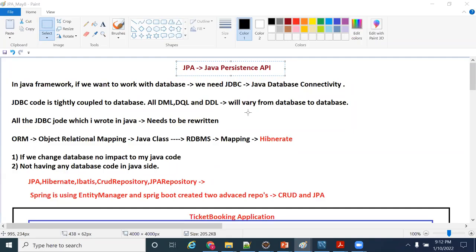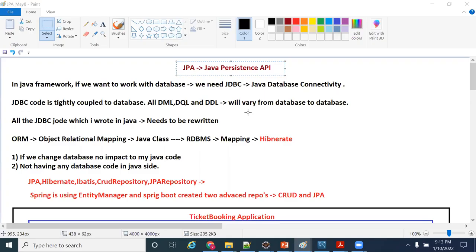Because if I want to change, I need a data access layer change. If that change has to happen, I need to recruit developers and they need to work for 2 to 3 months. I need to pay salaries to them, and it should be an economically bearable cost. Am I right? Now, if I introduce JPA or Hibernate, that is called JPA, Java Persistence API, then you need not do anything. Completely the framework will take care of that. So that is the advantage of JPA.